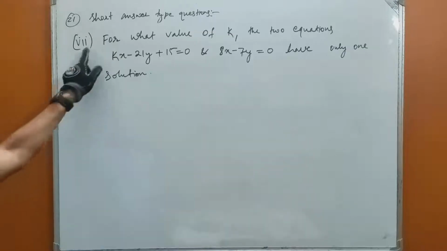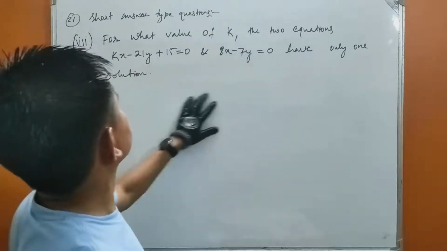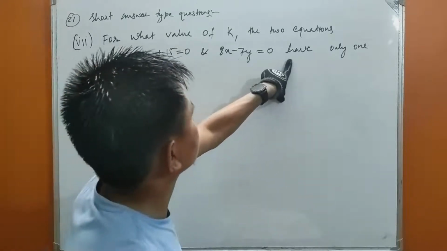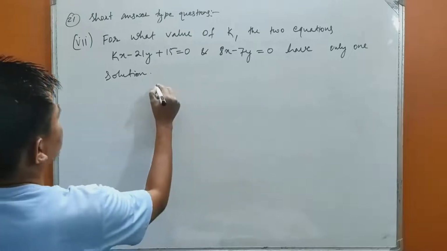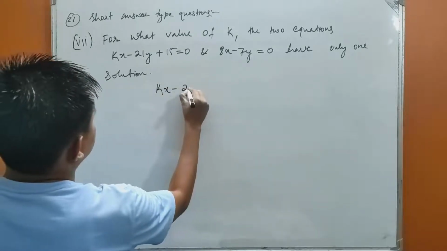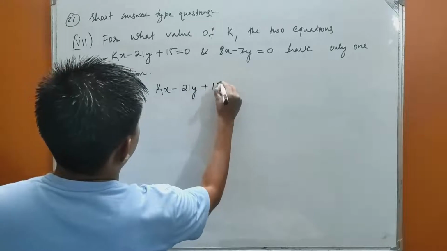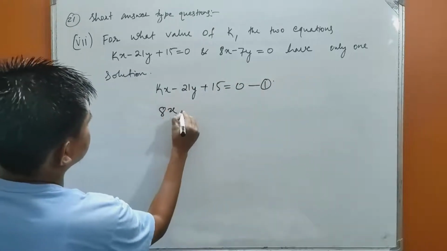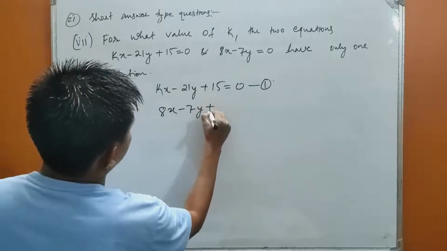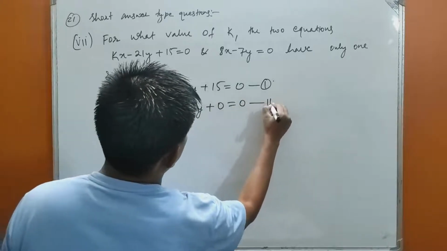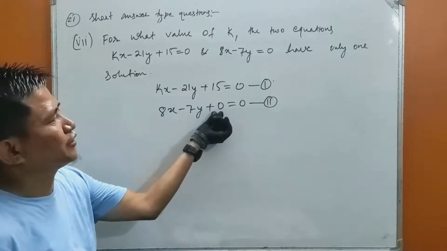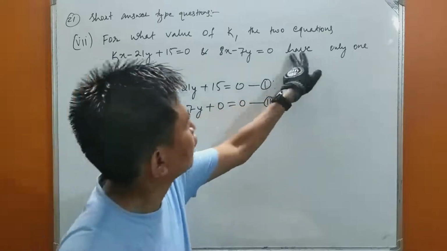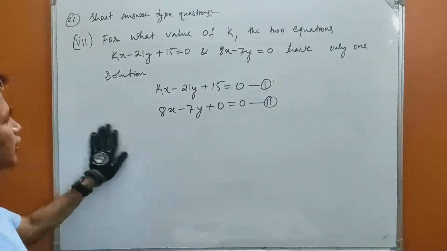7. For what value of k do the two equations kx minus 21y plus 15 equal to 0 and 8x minus 7y equal to 0 have no solution? Let's write this equation first. Kx minus 21y plus 15 equals 0. This is equation 1, and equation 2 is 8x minus 7y plus 0 equals 0. We don't have c here, so let's suppose 0. Okay, so for only one solution, isn't it? For only one solution,